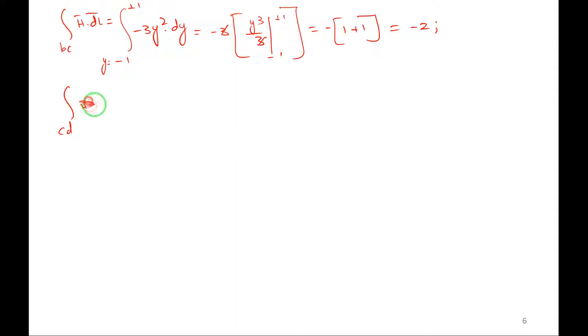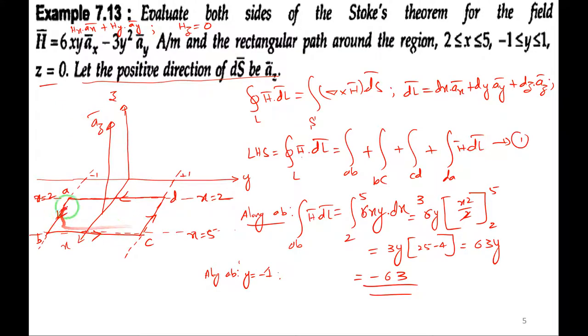H dot dl. You can observe here, no need to find out this CD because already we have AB, right? So same thing. It is along, once again if I take and do same as previous one, AB, I will get the same answer, but due to symmetry I have AB I have found out. Now it is from C to D.